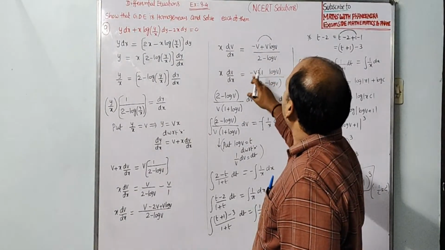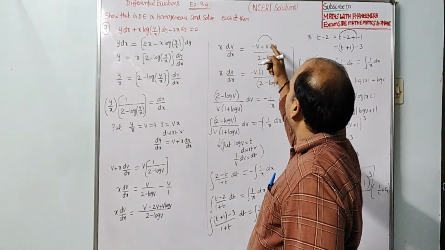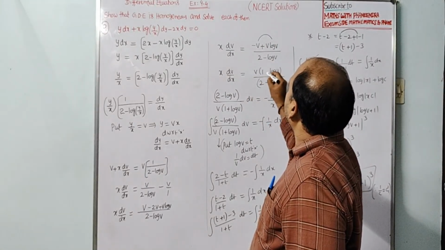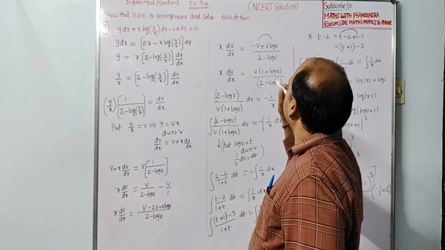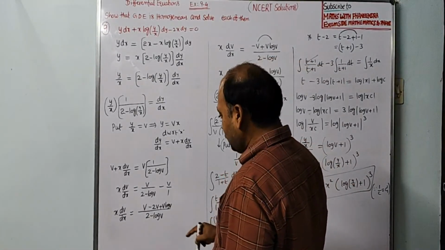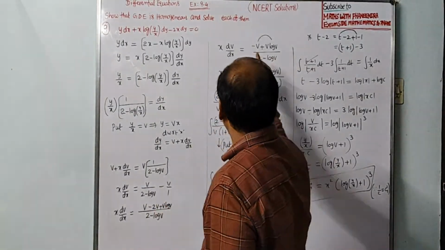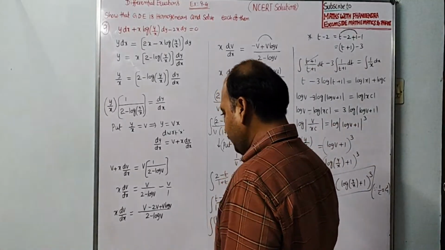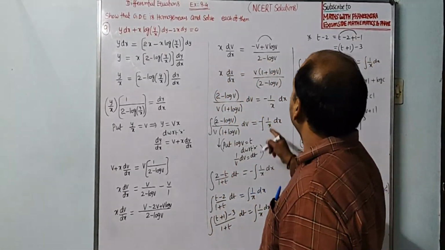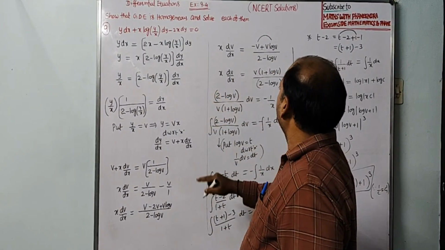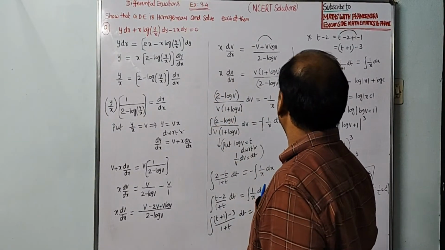So if you take common from these two, what comes here? 1 plus log v only, no? v minus 2 is minus v plus log v, v log v. So 2 minus log v by v plus